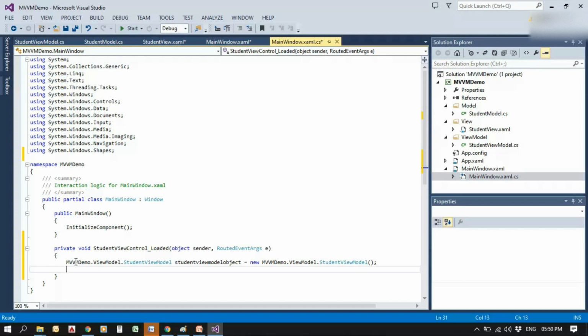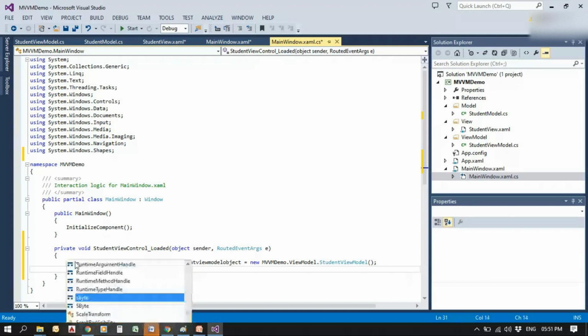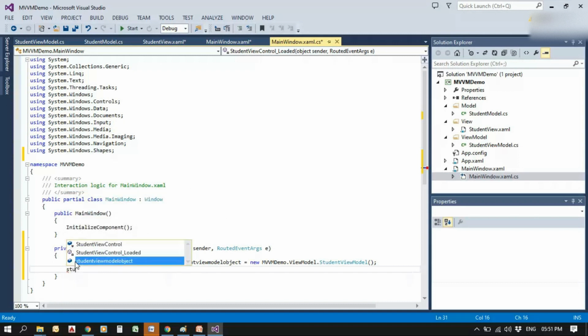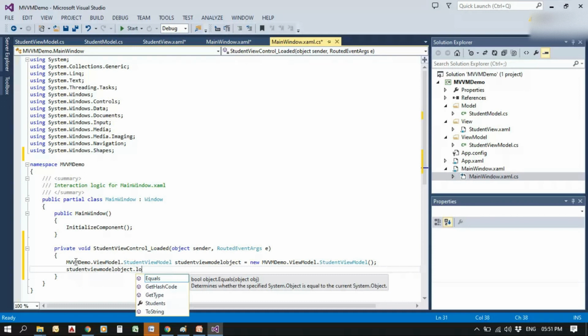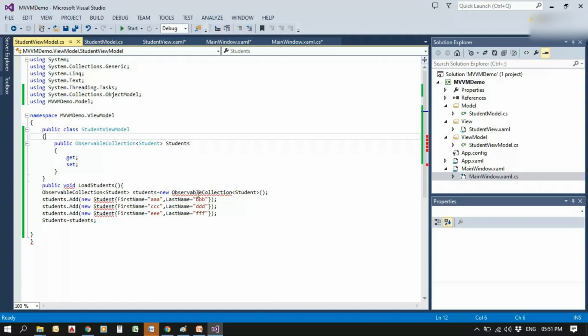So we have created an object for this StudentViewModel, and next we can call the function inside StudentViewModel, using the object StudentViewModelObject.LoadStudents, which is there in StudentViewModel. We have created the function over here.